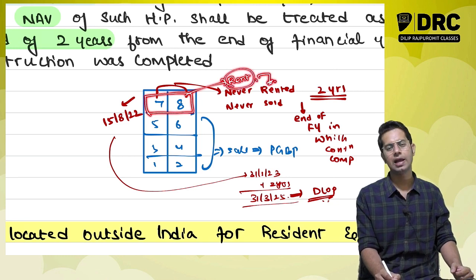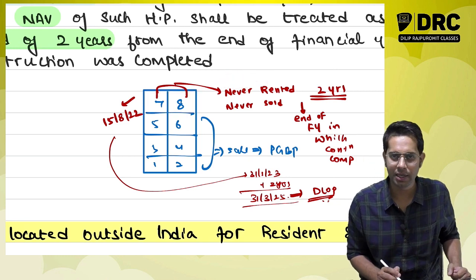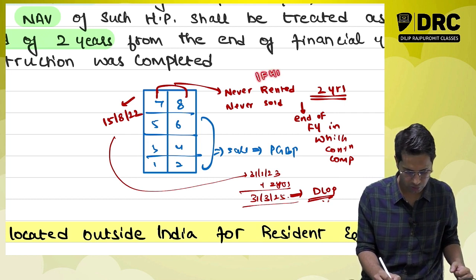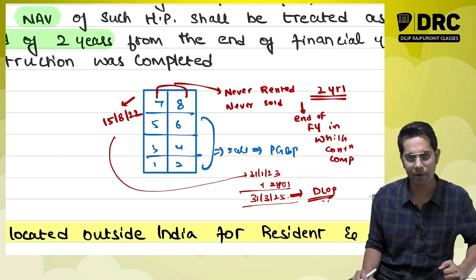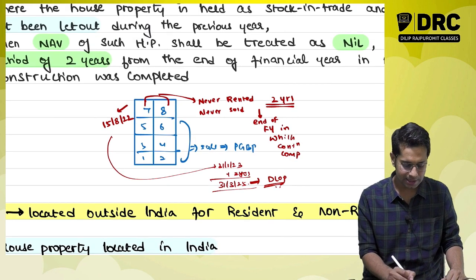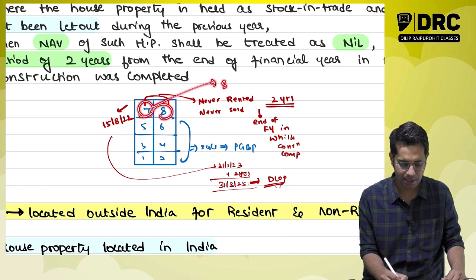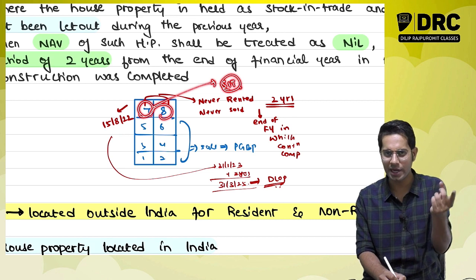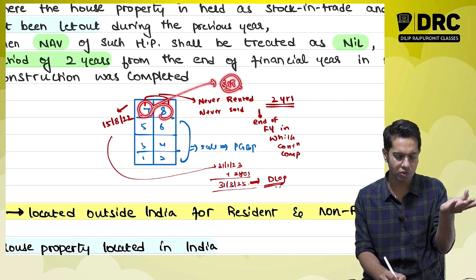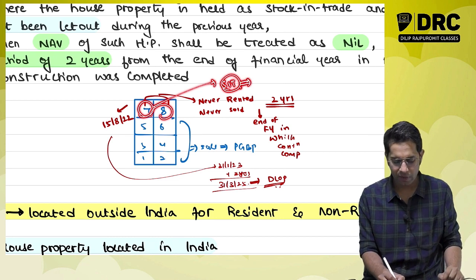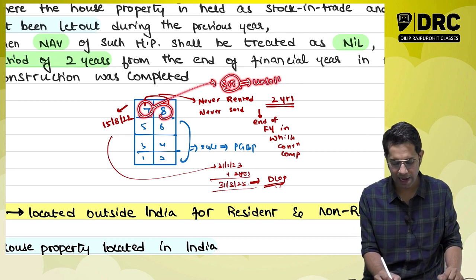Whatever unsold flat I have let out or rented, the income from it will go to income from house property. Now what the law says is, since this unsold property is your stock in trade, if you have rented it, then it will go to income from house property. If these unsold flats are not rented,